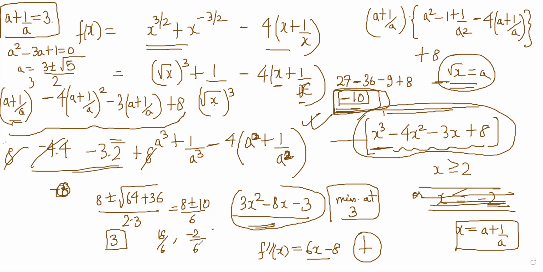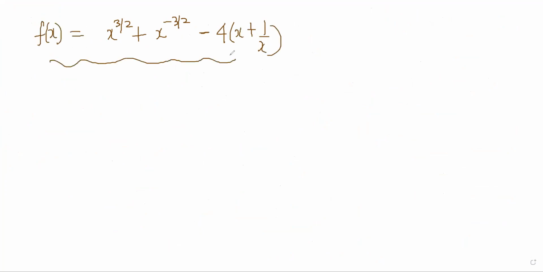So this is a slightly tricky question because you cannot just immediately solve it by taking the derivative. You cannot find roots very easily. That is the problem for the derivative, right? You can check the derivatives, but finding roots is going to be difficult or almost impossible. So what we did was we took root x as a and wrote it as an algebraic expression. And then it became a cubic in a plus 1 by a.